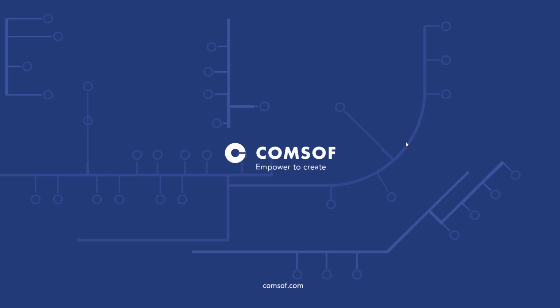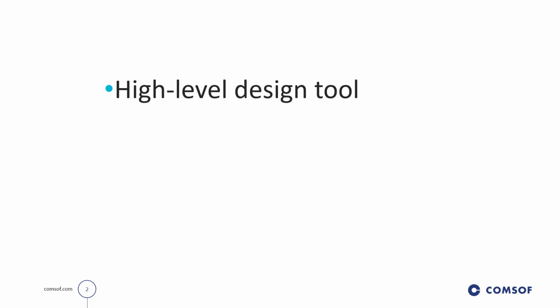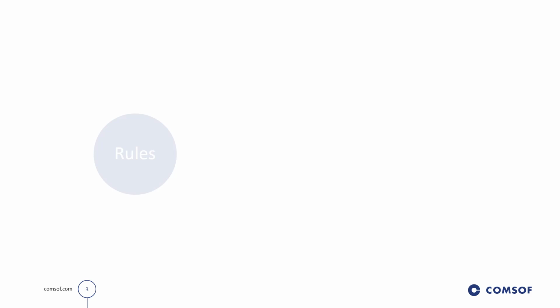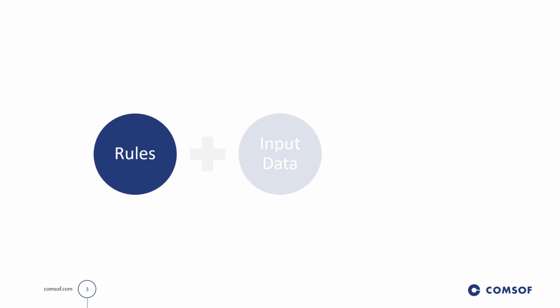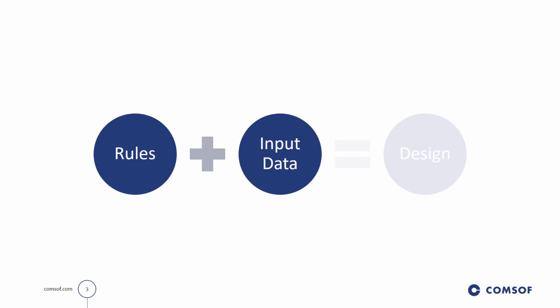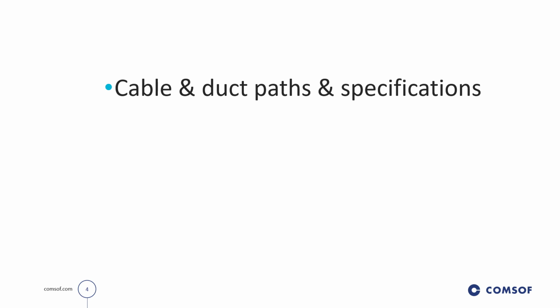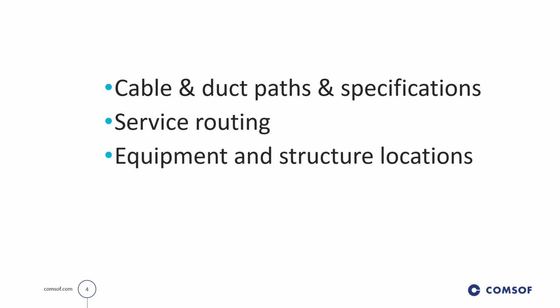Comsof Fiber Designer is a high-level design tool which automates the production of a generalized plan in a given area for the rollout of a particular level of service. The user provides a framework with which to interpret data describing ground conditions, and the software generates a design. This design comprises GIS files describing cable and duct paths and specifications, individual fiber service routes, and equipment and structure